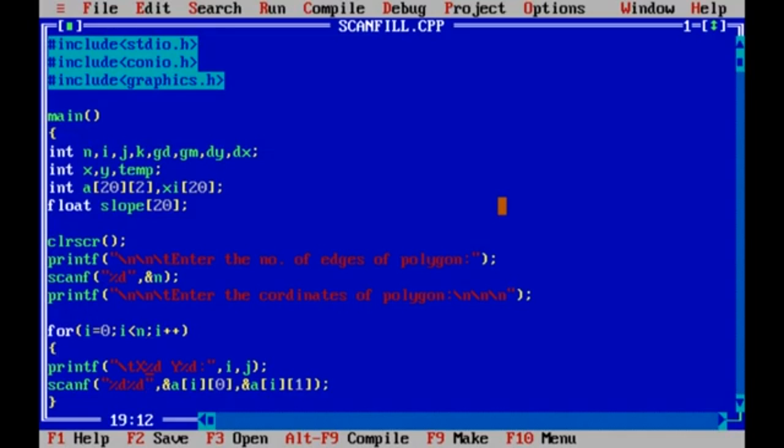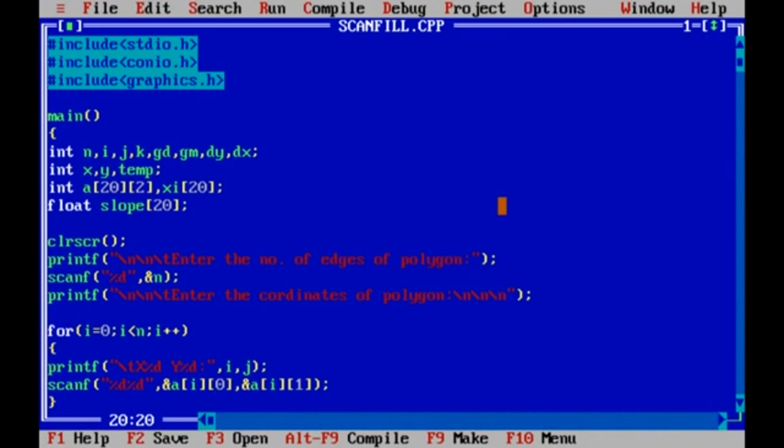So here first I'm printing a prompt to enter the coordinate of the polygon. The value of i will be printed over here. Now here I'm going to get the coordinates.